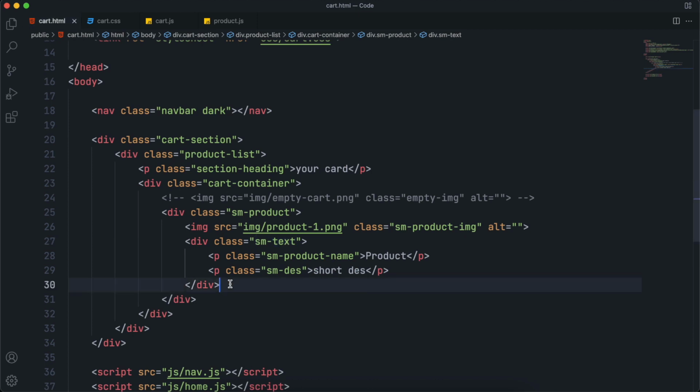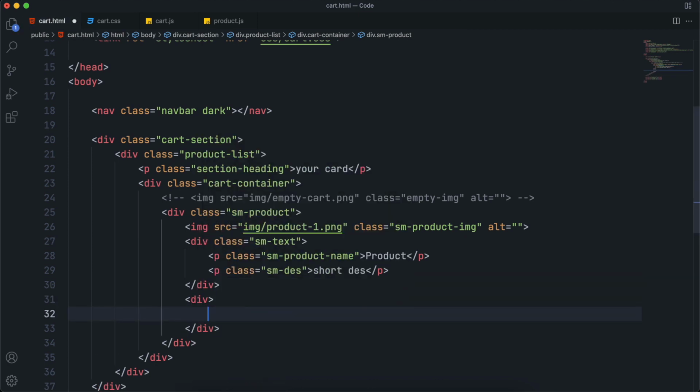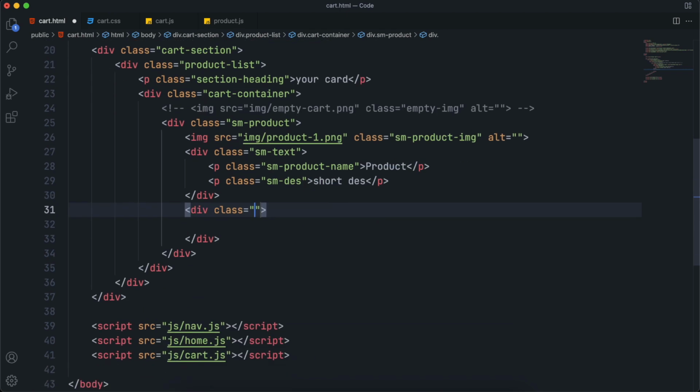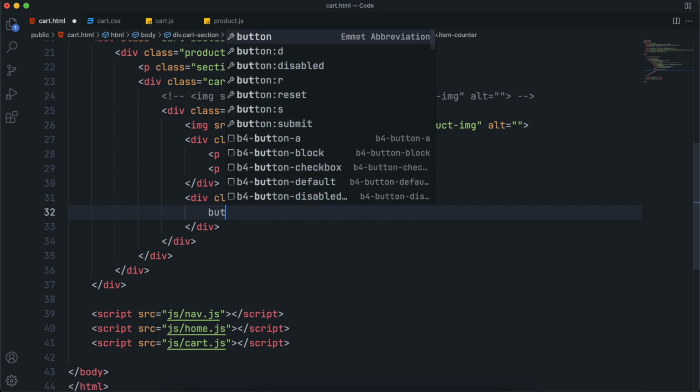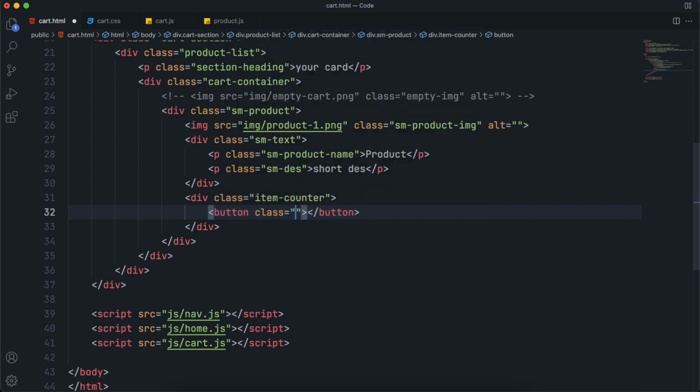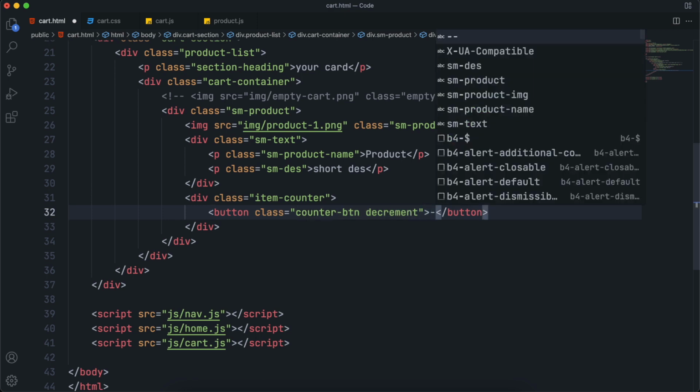So after this sm text, we will need the item counter. For that, make a div and give it a class, let's say, item counter, and inside it we need two buttons. So make a button, give it a class counter btn, and give it a specific class which is decrement. This will be the decrement button.